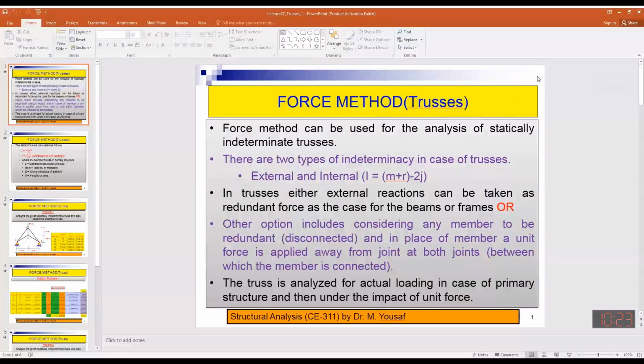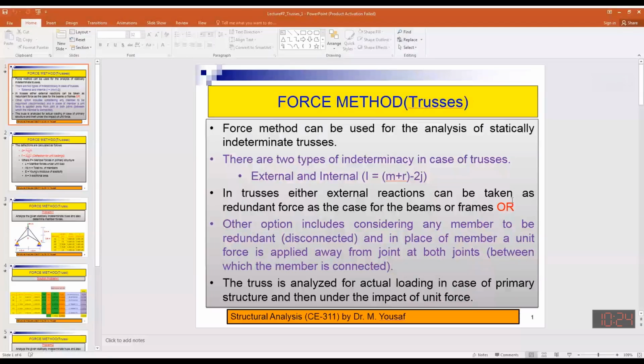Now for the solution of this numerical, one approach is very simple, as you have done earlier for frames: external reactions can be taken as redundant forces, as in the case of beams or frames. This is the first approach. We can do it easily. It will make no difference. Now the other approach